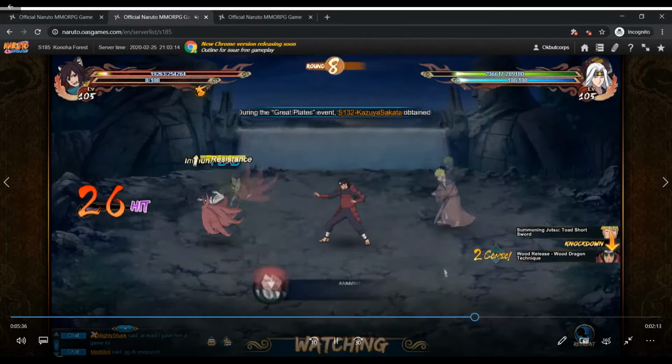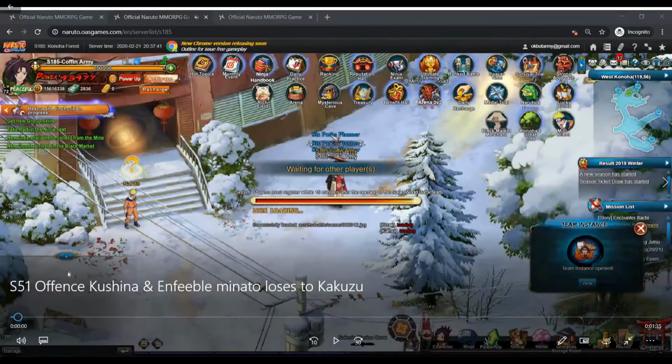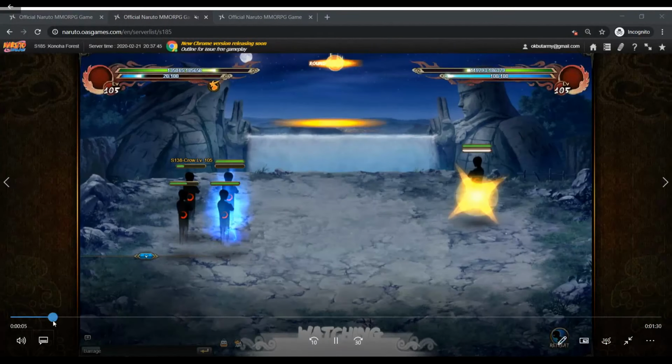And the power difference was pretty huge. I think it was like 300,000 power or something like that. Yeah, One Punch Man was 130,000 power, and Shark was 980,000 power, so over 300,000 power difference. Basically, Kushina is such a good staller, and you can use him in Great Ninja War and stuff like that. Ridiculous, though. Okay, this one is offensive defense Kushina versus Kakuzu, and it kind of